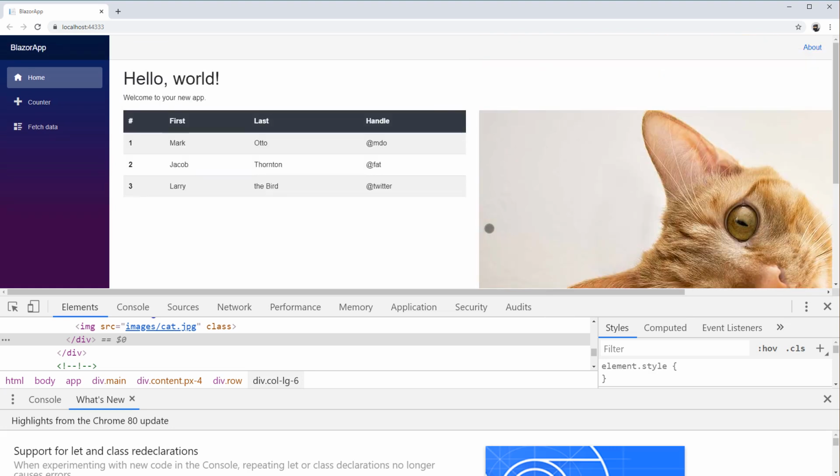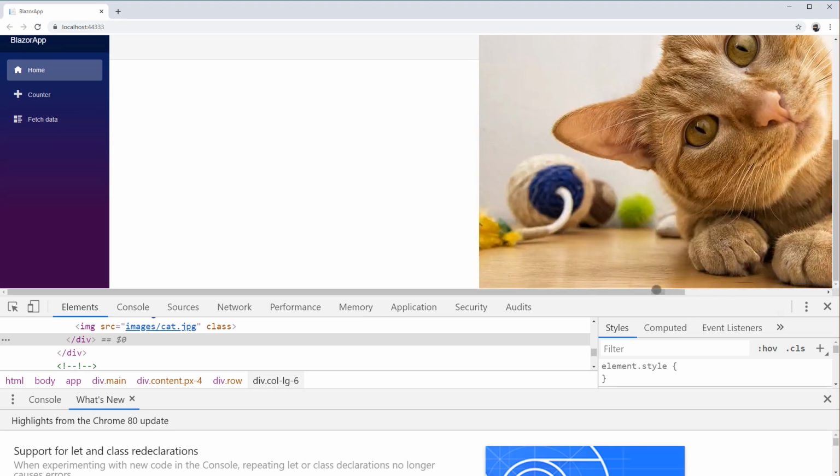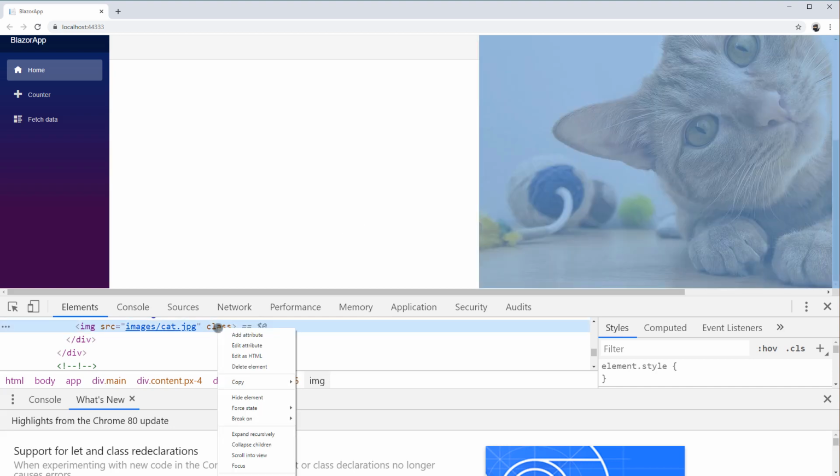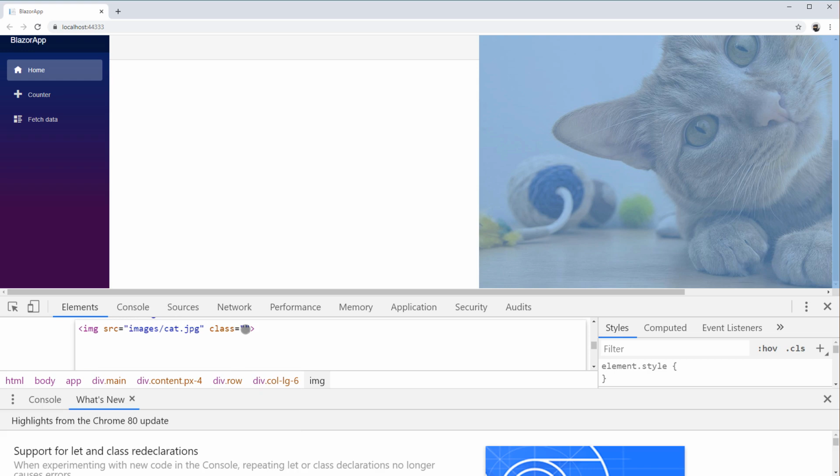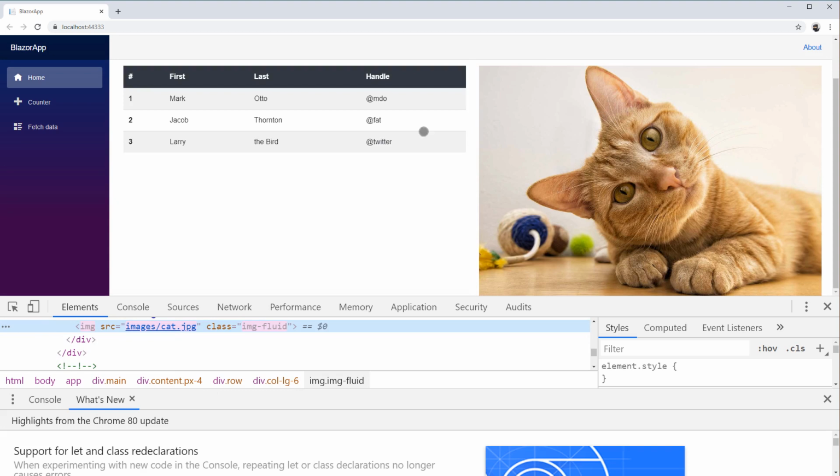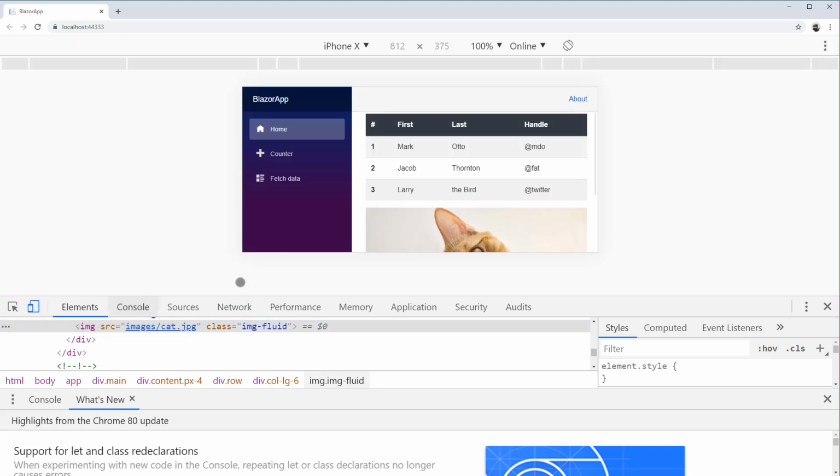So even in this wide mode, we still have this scroll issue. That's why we want to have our images fluid, because then it doesn't do that. We don't have that scroll issue. And even when we go to a